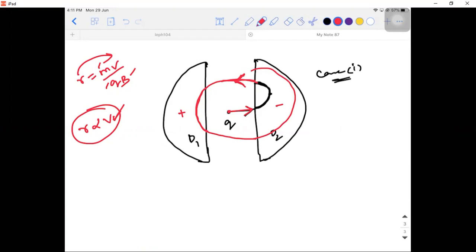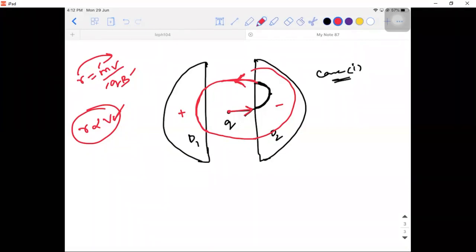When I say reversing the polarities, what are you doing? You're trying to alternate the direction of the electric field. But what is the direction which is always constant? The magnetic field's direction is constant always. So why do you need the cross fields, if they ask you? The question will be like this: why are cross fields used in a cyclotron? Your answer should be: the electric field is used to accelerate the particle, and the magnetic field is used to put the particle in which motion?